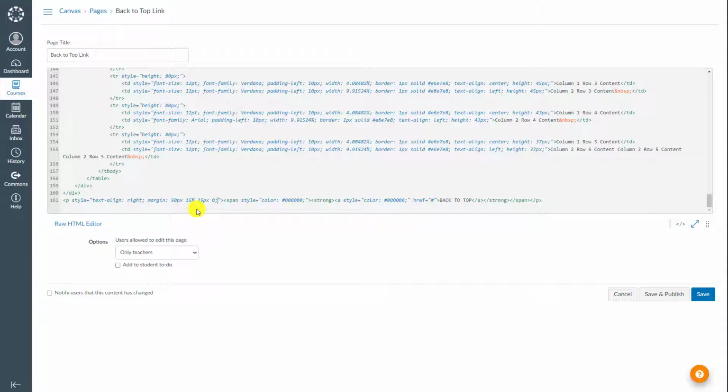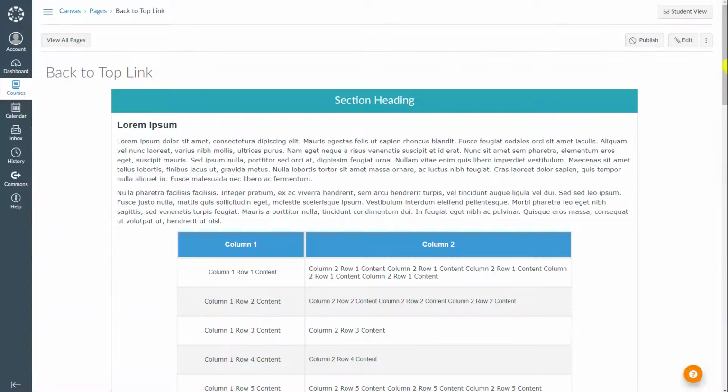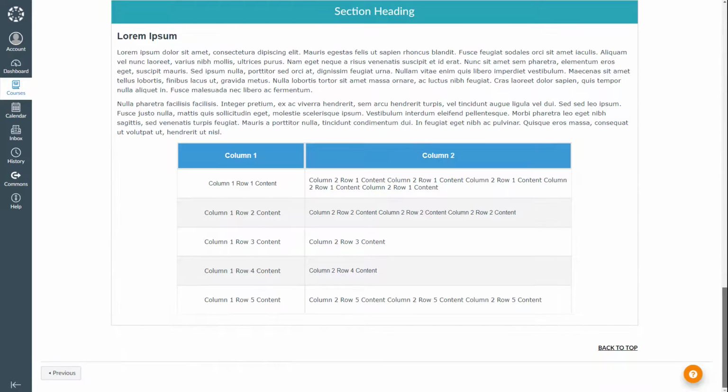semicolon. So let me explain what this will do to our little link. It gives spaces to the content around our text. It starts from top. This is top margin, this is right margin, this is bottom margin, and this is left margin. I don't need any margin to the left, but I need to define that too. So I think I typed 15%, but it should be 10%. So let's save my page and scroll down to see what happened here.